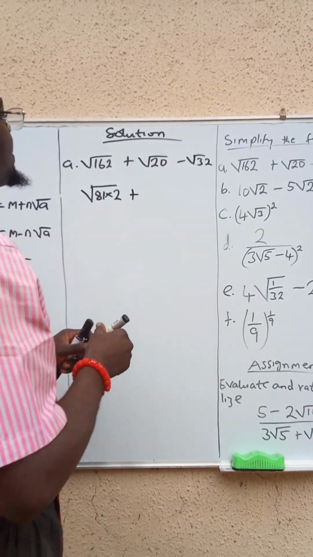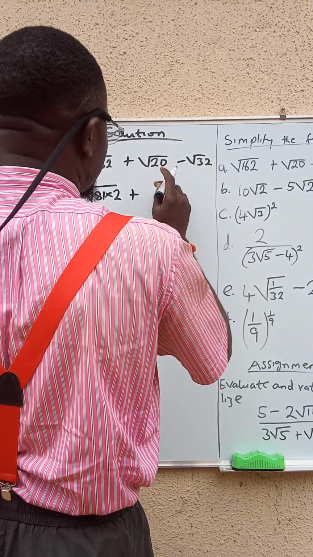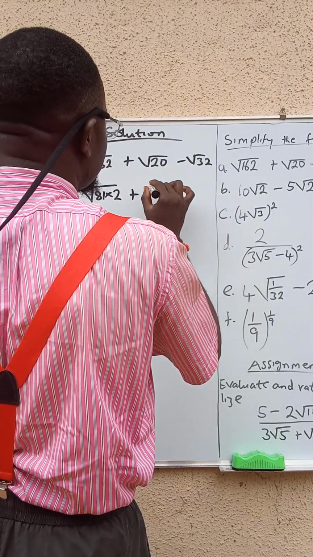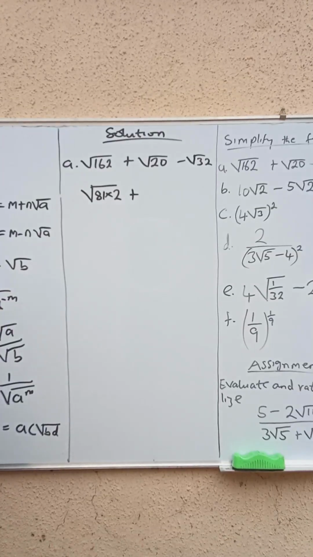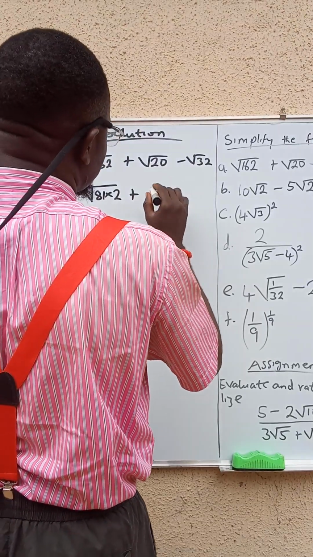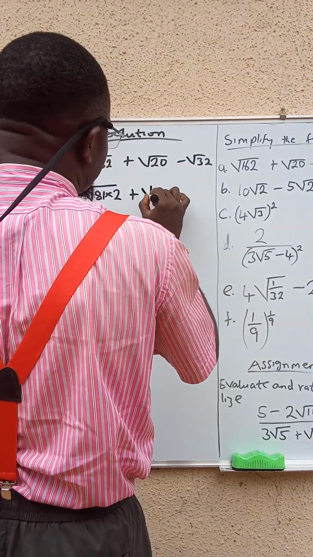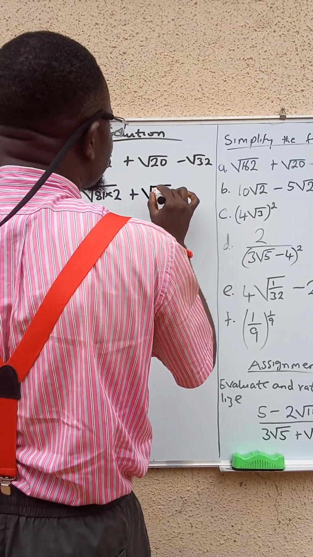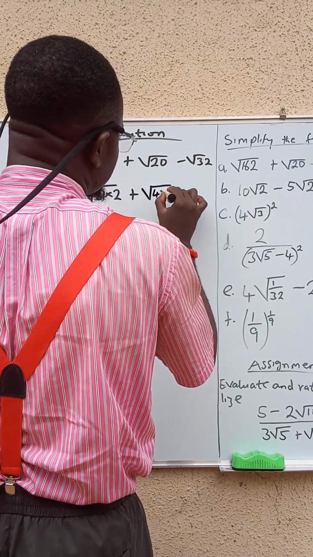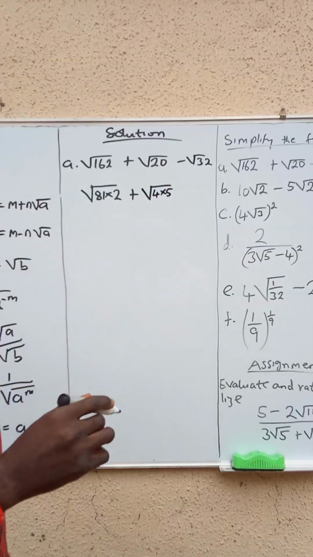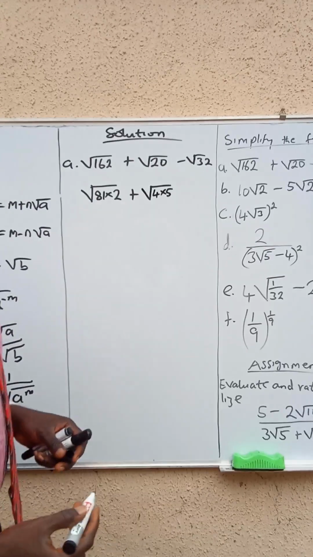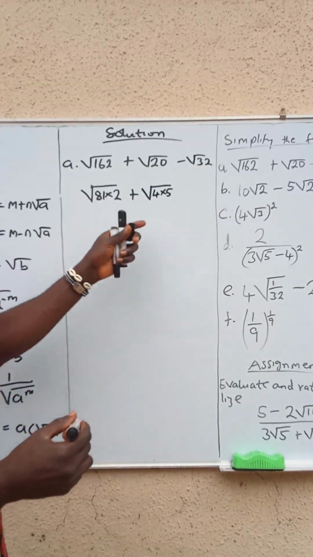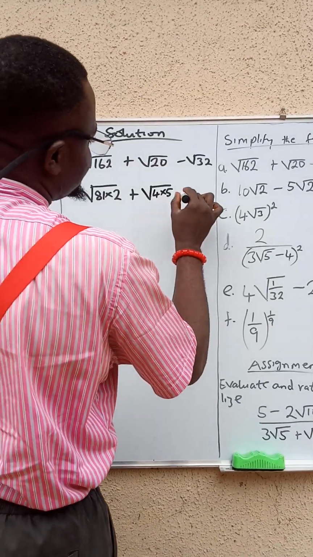If I have 20, I know too well that 5 times 4 gives 20. So I can decide to take it from the simpler one. I can say 4 times 5 will give me 20. I can say 2 times 10, then 2 times 5, which will still give me the same thing. But I don't want to go through that line. So this very one